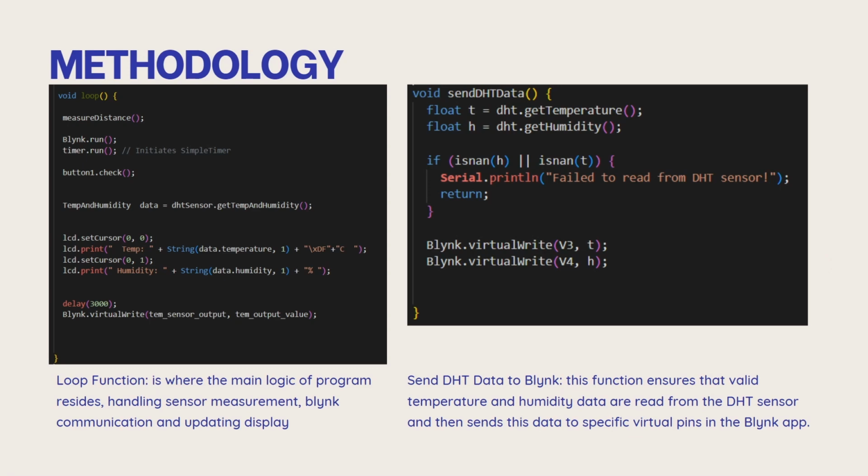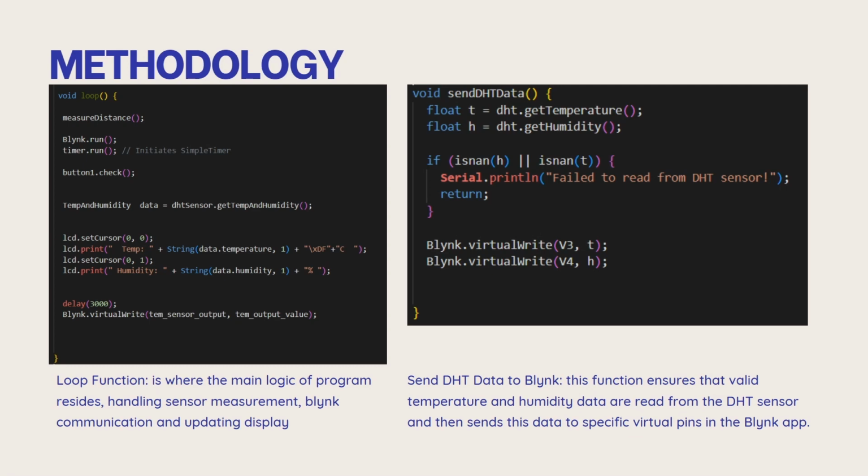For the loop function, this is where the main logic of the program resides, handling sensor measurement, Blynk communication, and updating the display. And continuing from the loop, we will have the void sense DHT data,